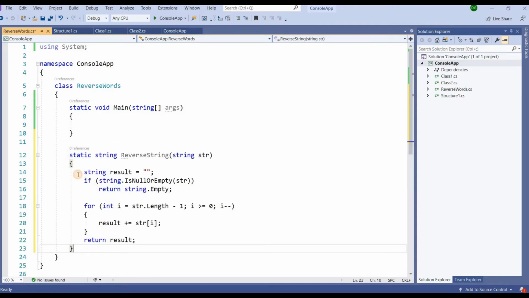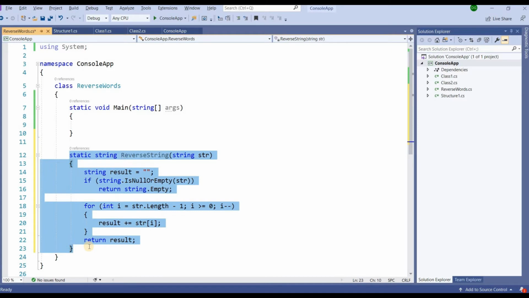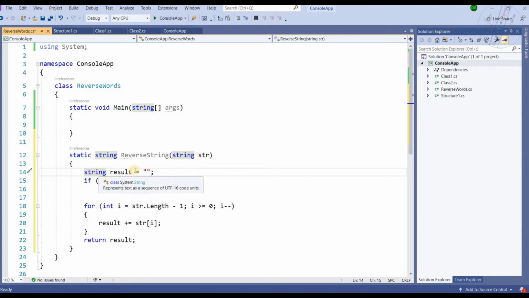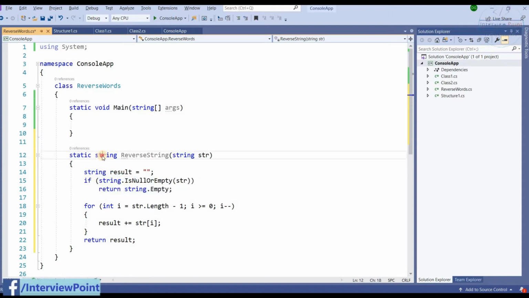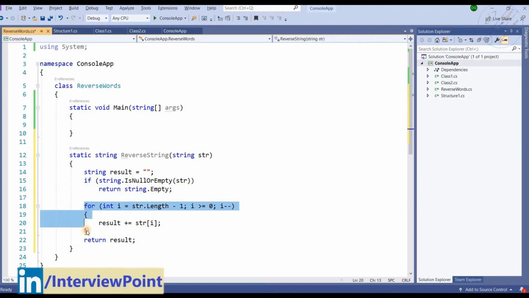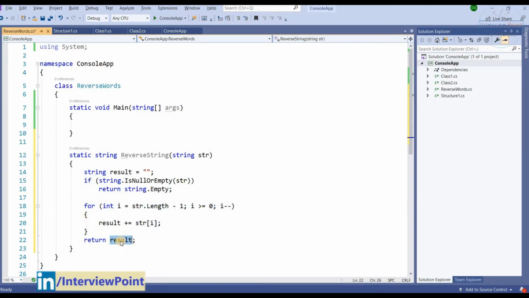So I have just created a static method that is very simple. The return type is string, and it wants just one parameter of type string. Okay, so what is this string? This is the string result variable, which will give us an output in reverse order. So when we pass a string, it will be converted by this for loop, and we will return it as a result. Okay, so we will get our output. Now let's write our logic here.